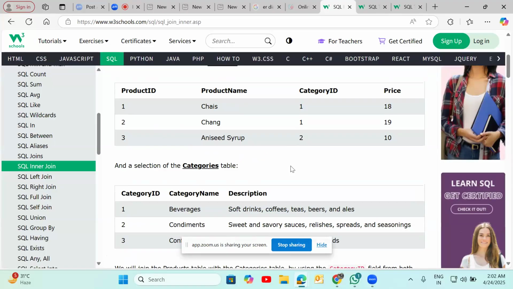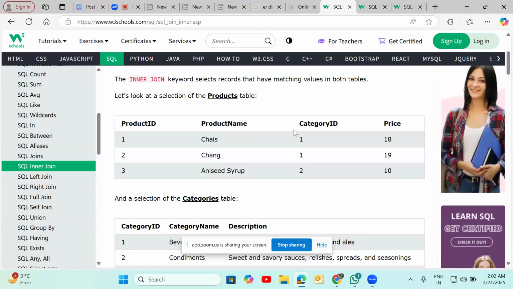Six? Six records. You're talking about joining tables, this top table and the bottom table together? Yes, six records, correct? But how will it come to six records? Customer ID is matched with the customer ID, right? Where does it say customer ID on here? No, no, sorry, category ID. Category ID. Where is the third record?